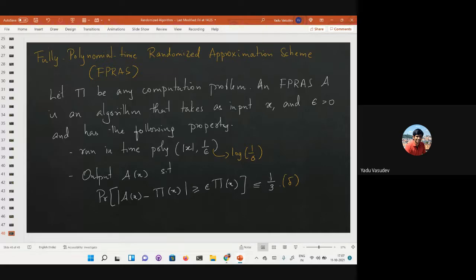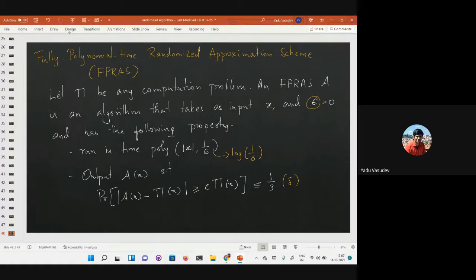So it's a randomized algorithm. The reason it's called a fully polynomial time randomized approximation scheme is that it's not just saying that I'll give you an approximation which is 1/3 good or 2/3 good or some factor good. The algorithm actually takes as input the actual input x as well as this number epsilon, which is some number greater than 0, and less than 1. It's going to actually output a value which is very close to pi.